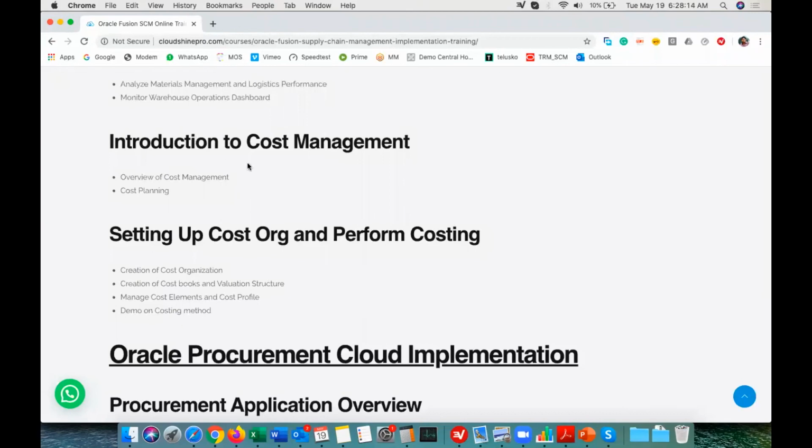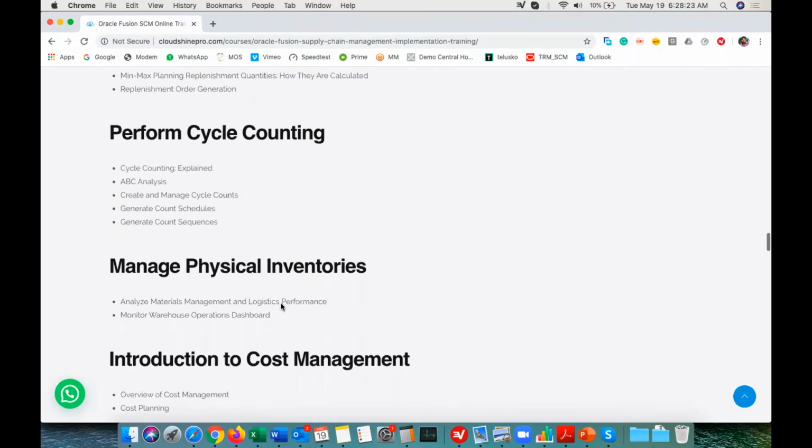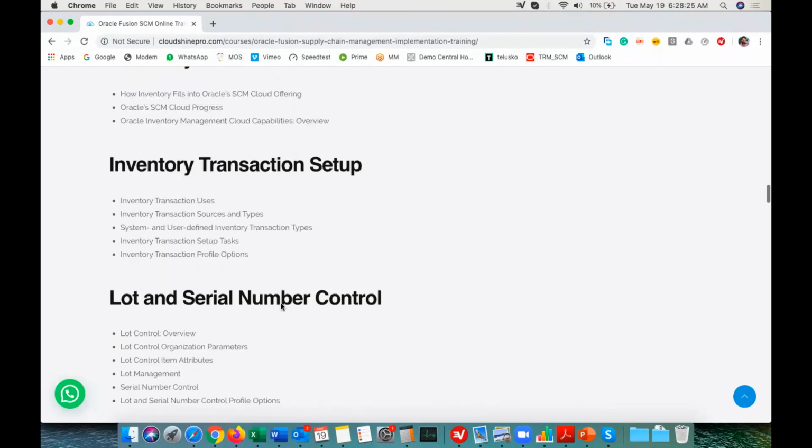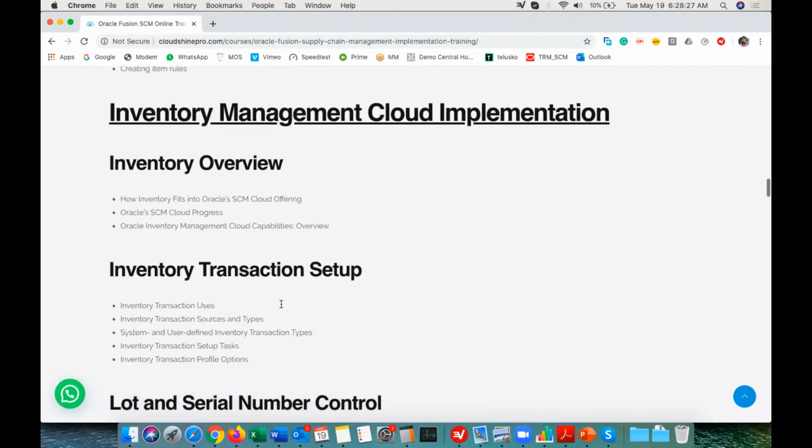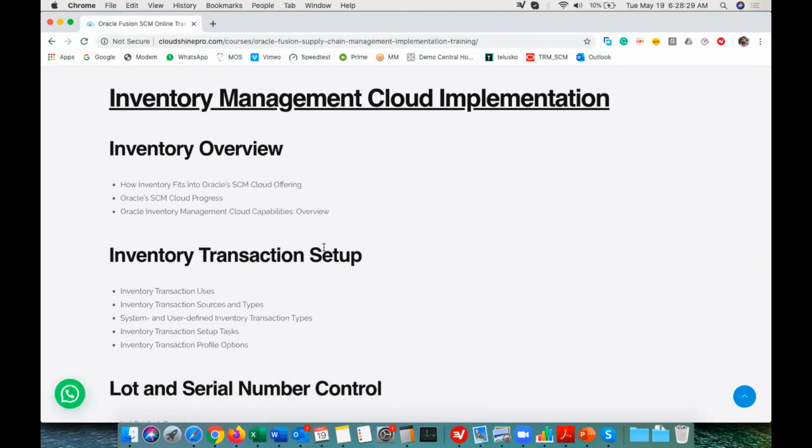So in cost management, one of the costing methods you should execute and show me the output. Okay, so that will be one of the exercises. This is what we will cover in inventory management, which is the manufacturing and supply chain material management module, excluding the manufacturing part. Any questions on this?